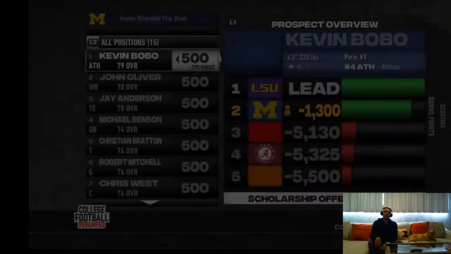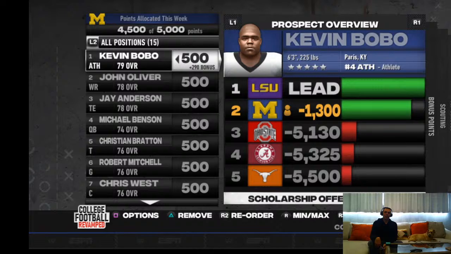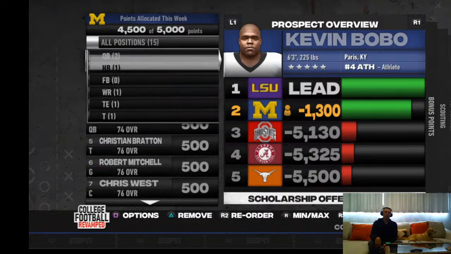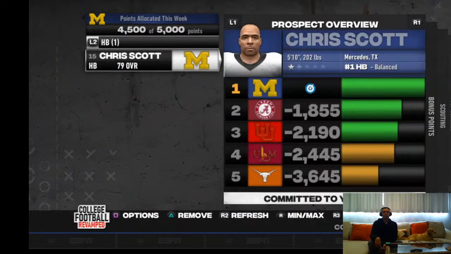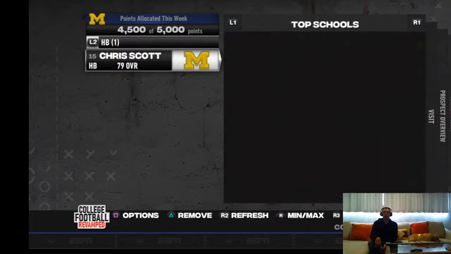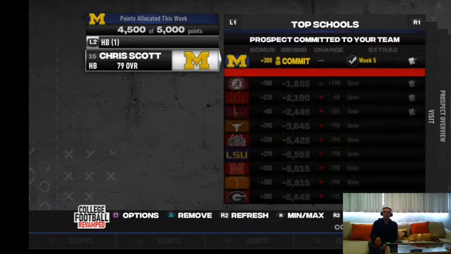Oh, and I guess I could, if we have the points, I could scout him. So we got a commit, Chris Scott, and some other teams that were in the running. Alabama, Utah, and Louisiana Monroe. Kind of a weird mixture of scholarship offers.